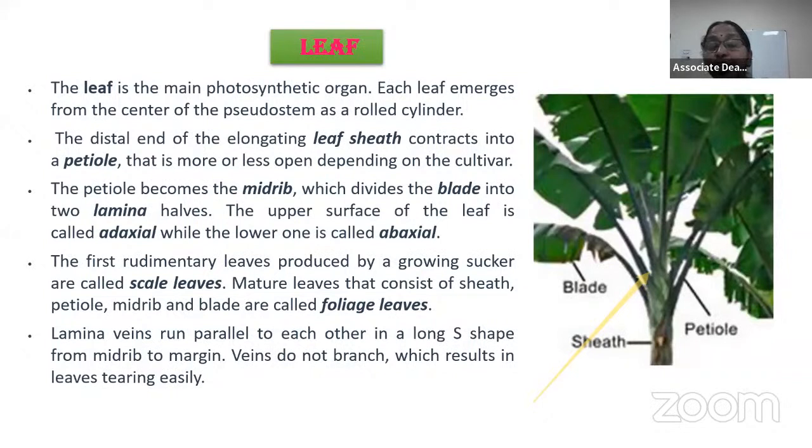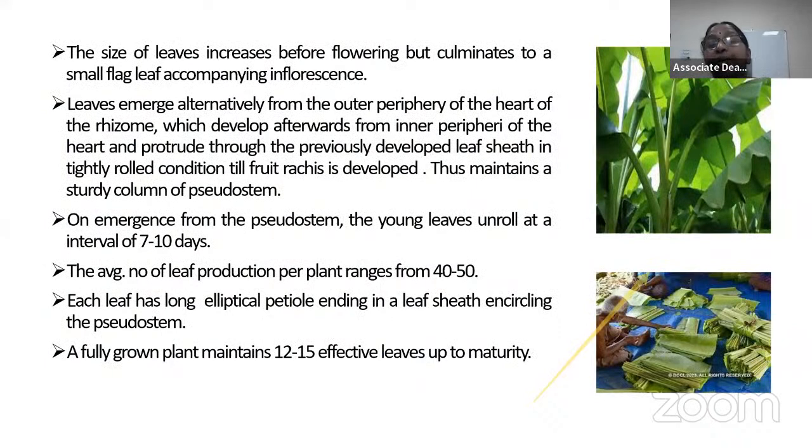And here you don't find any branching of the veins, and this results in leaves tearing easily whenever they get exposed to severe winds. The size of the leaves generally increases before flowering, but they culminate in a small flag leaf accompanying the inflorescence. And also you can see the leaves emerging alternately from the outer periphery of the heart